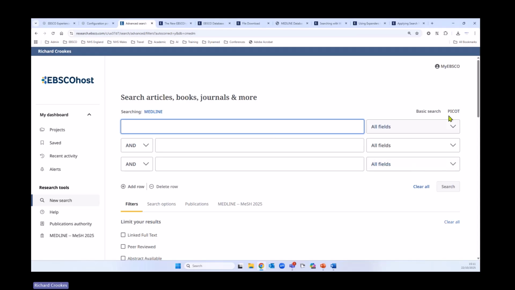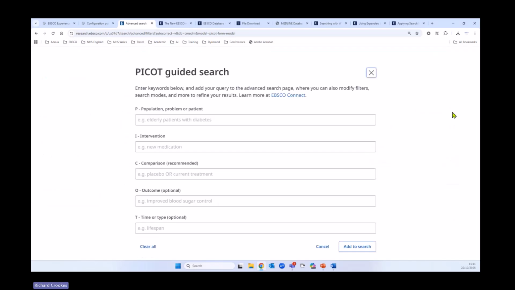So with PICO, you'll see the PICO app there on the right side of my screen, and this allows us to populate, as we saw in the PowerPoint, various search terms relating to the population, problem or patient, the intervention, comparison, if it's appropriate and recommended, the outcome, type of study, etc. So I am going to add some terms here at the moment. So I am going to go for gallbladder